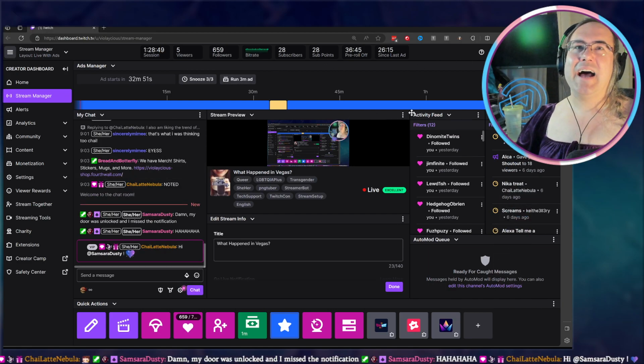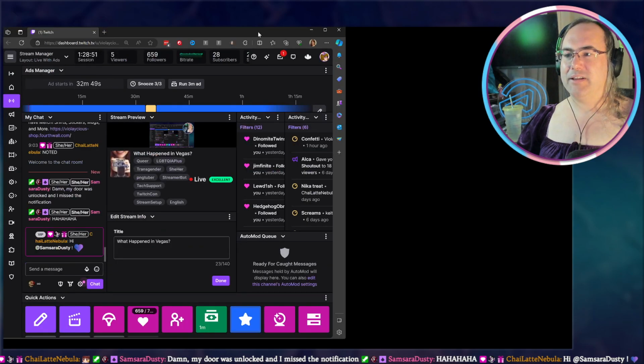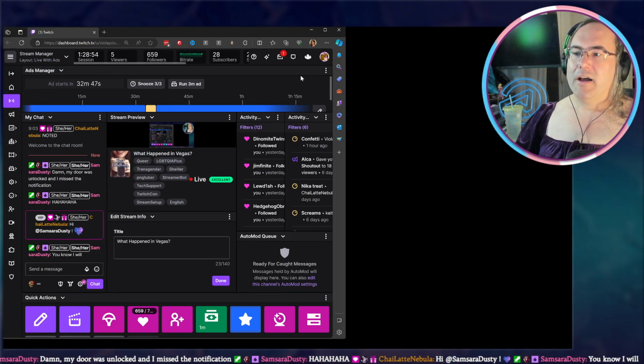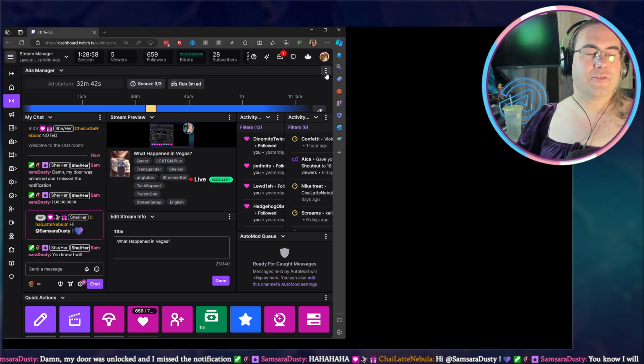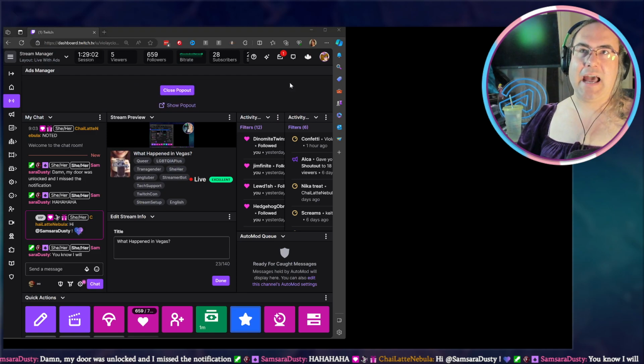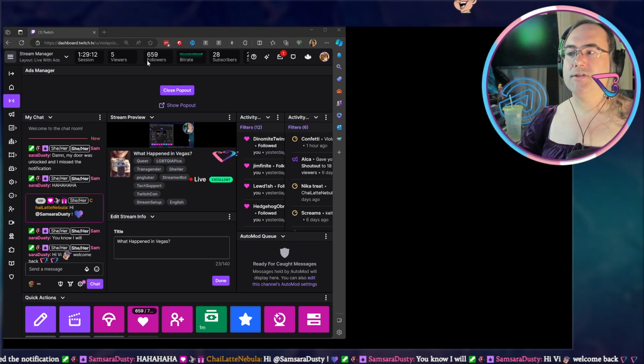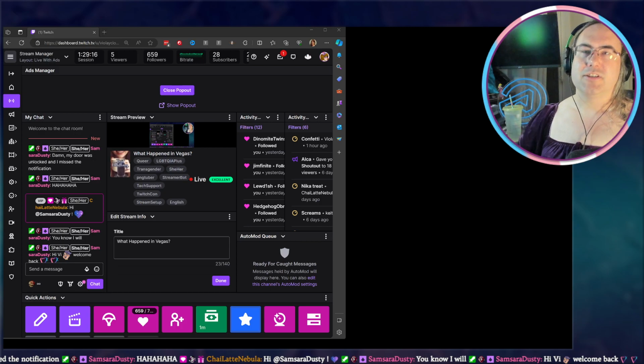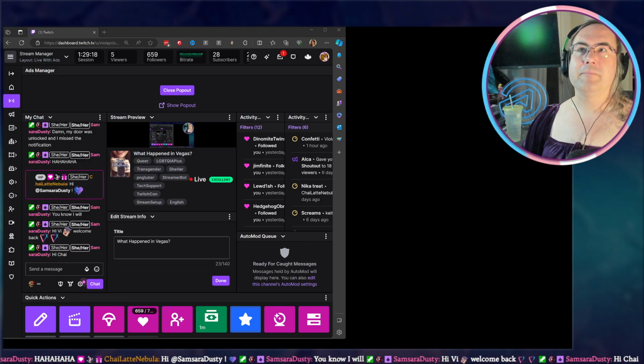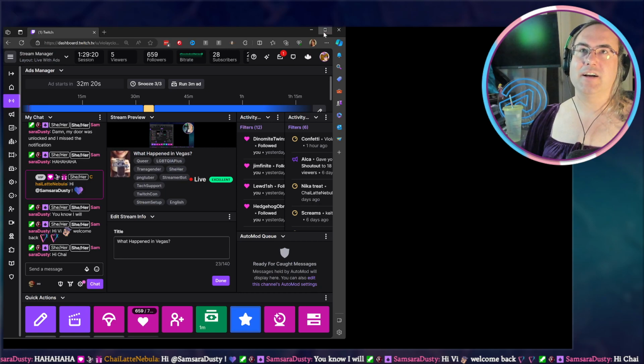So once I'm in here, let me actually bring this over because it's right behind me. Right here next to the ads manager panel is these little three buttons. So click on this and pop out the ads manager. This is going to give you a popped out view of that ads manager. So like I said, I get to see this the entire time I'm streaming. So this is actually in my OBS as well. How did I do that? Just go ahead, click up here, copy that real quick. I'm going to close it and send it back to being docked again.